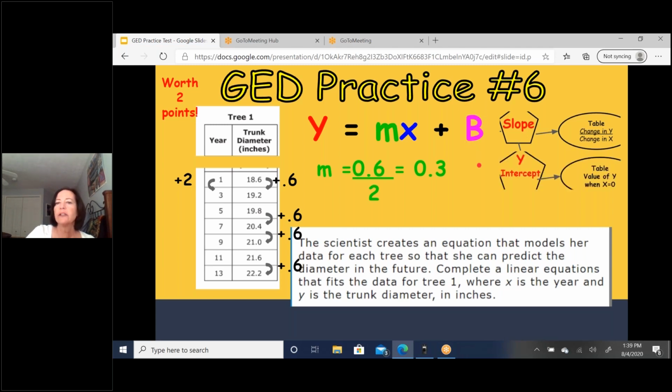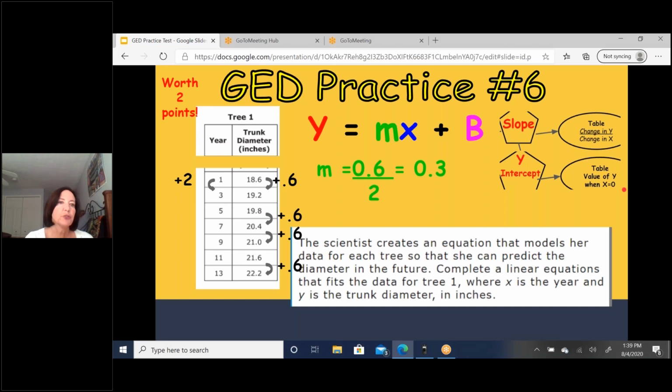And if you'll remember our y-intercept note page, it said that when you're looking at a table of values, you need to find what the value of y is when x equals 0. And that will be your starting point, or that will be your y-intercept. Okay, now